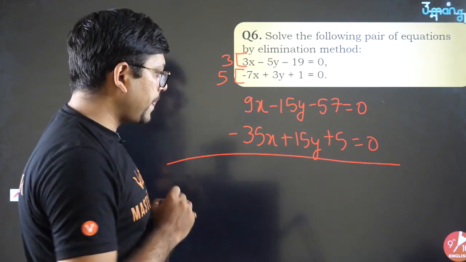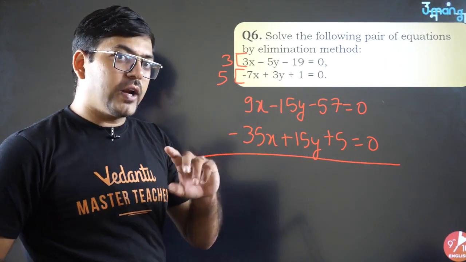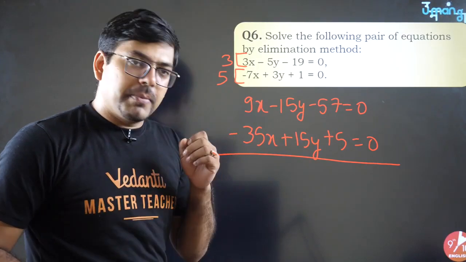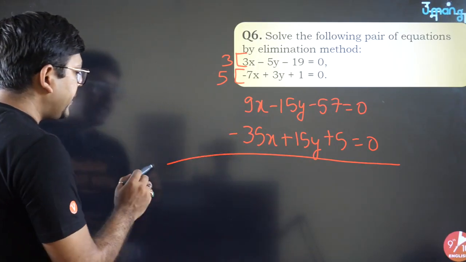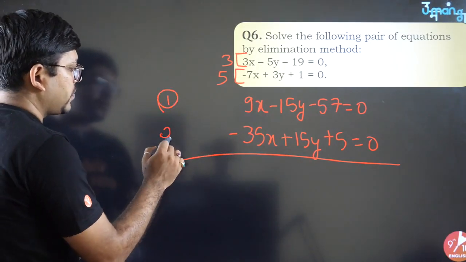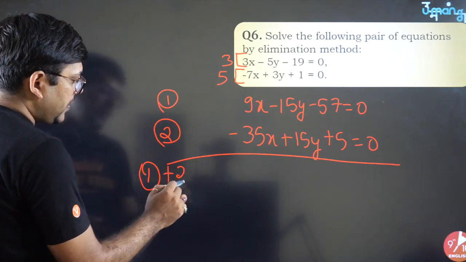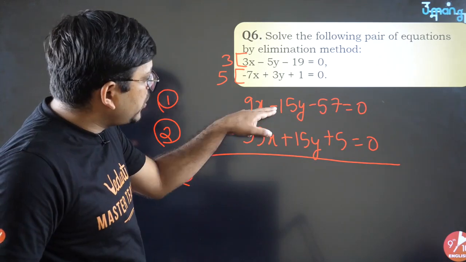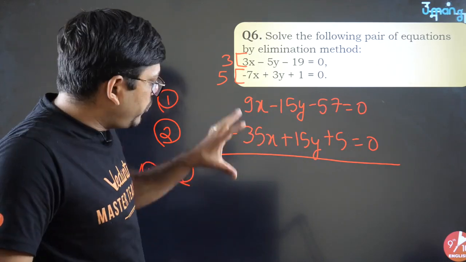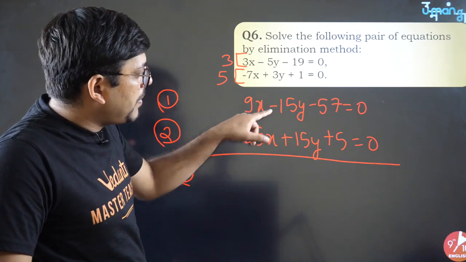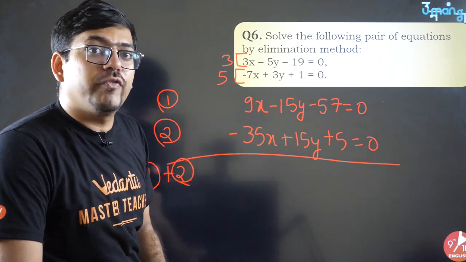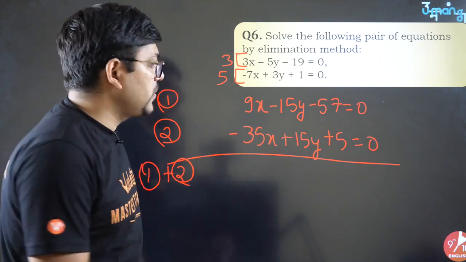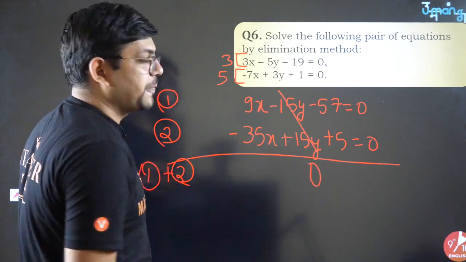Now here, in the first one, I taught you that you have to subtract them. But please pay attention here, you don't need to subtract. Even if you add, your work would be done. Why? Because here you have got different signs. If you simply add them, minus 15y plus 15y gives 0, they get cancelled out, so 0y.